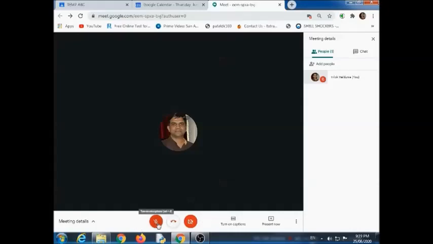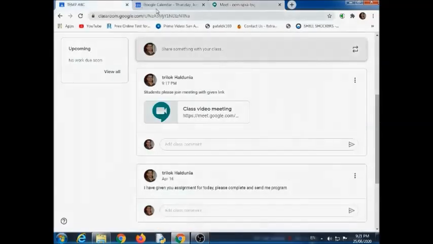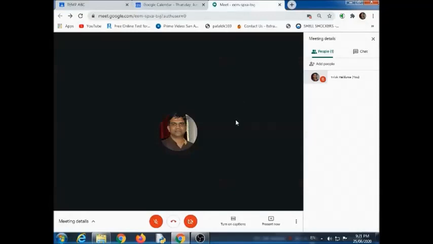Here you can see that this red button is for the microphone, and this button is for the video. It is showing red because I am using the desktop computer where I have not used the webcam, but I can join this live with the students through my mobile. So I am using my mobile for this purpose. I also clicked on what I shared to the students, and then I would be able to join this meeting. Right now I have clicked in my mobile to join the meeting.